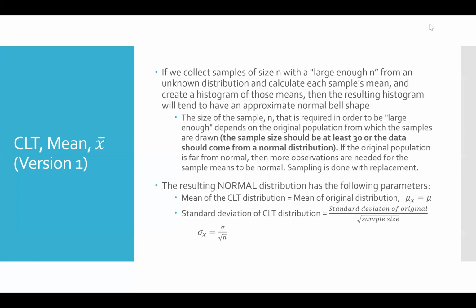So the consequence of the central limit theorem is that, again, if we choose those samples large enough, we end up with a normal distribution, and that resulting normal distribution has the following parameters. Remember, the two most important parameters for any distribution are the mean and the standard deviation. So the mean of the central limit distribution is equal to the mean of the original distribution,